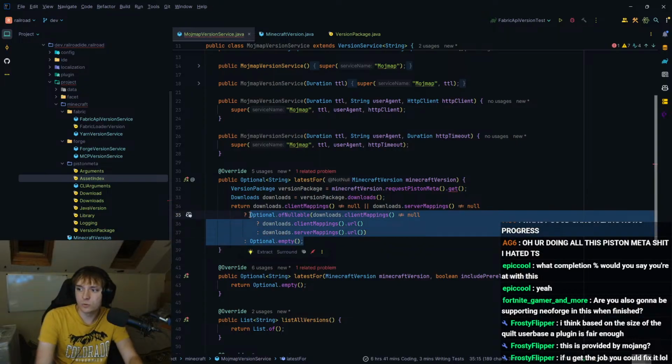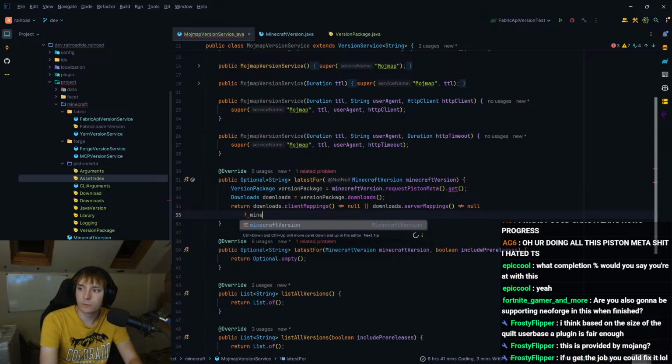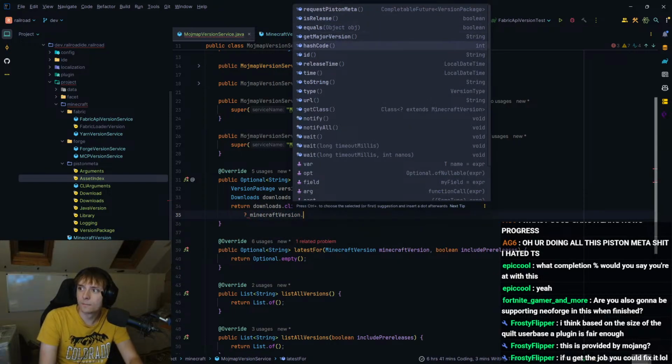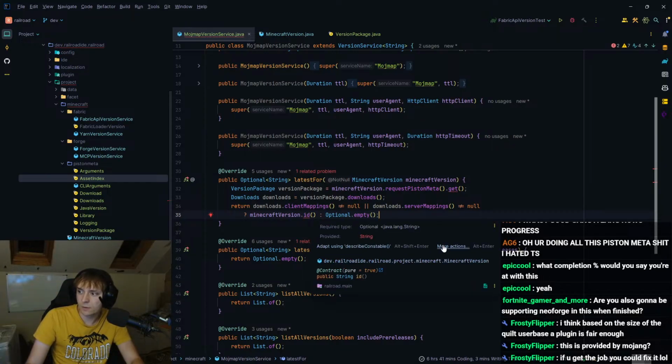Then we do Minecraft version.id or optional.empty. This needs to be wrapped in an optional.